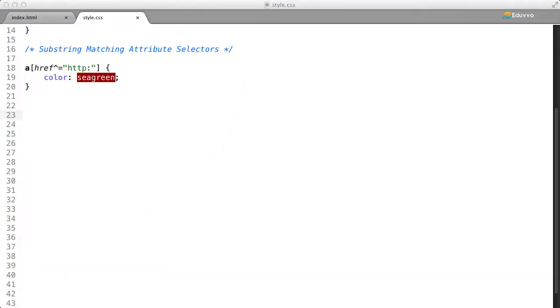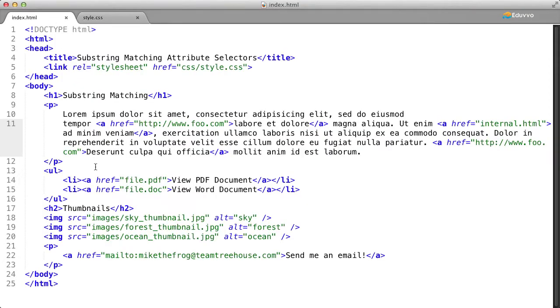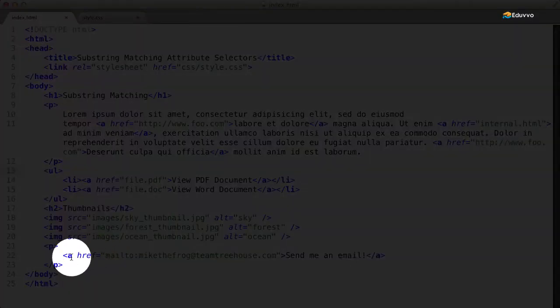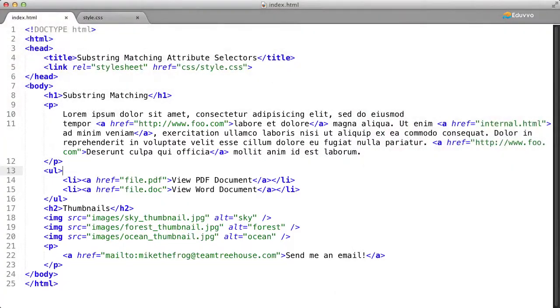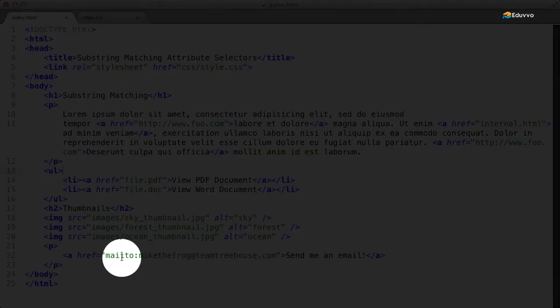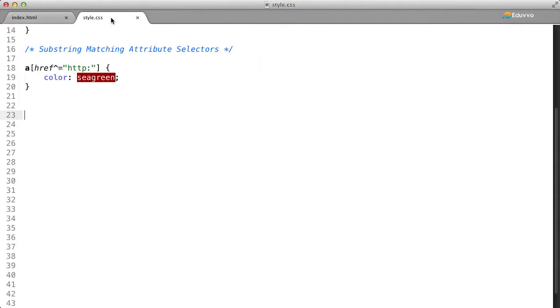So let's go over another useful example of the begins with selector. So back in our HTML file, what if we also wanted to create a unique style for our email link here at the bottom? Well, we already know that its href attribute begins with mailto: so in our CSS, we can go ahead and create a new rule and this time use the mailto value. So a square brackets href caret equals, then inside of our quotation marks, we'll type mailto: